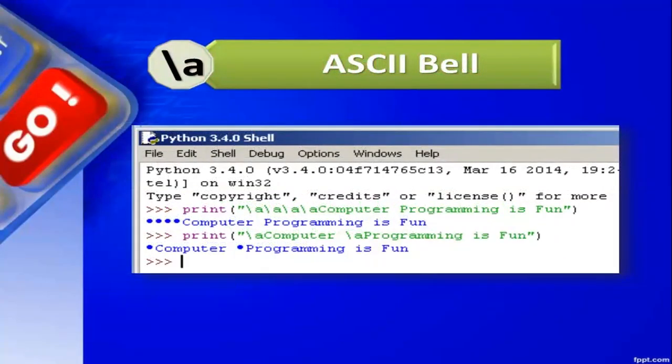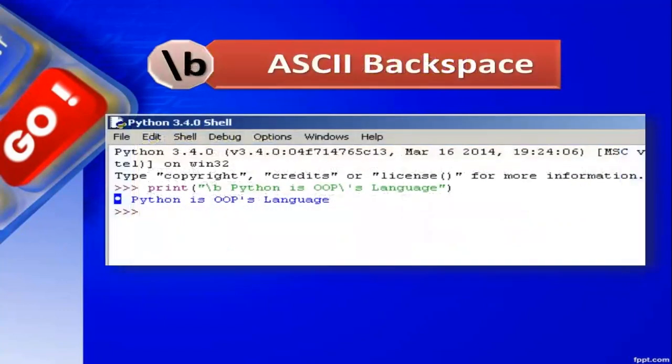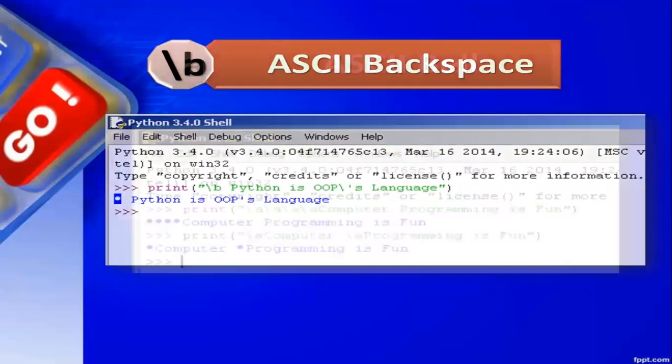What does A do? A is a bell, ASCII bell. So it will put a bell, it will put this bullet over there. So can you see if I have to make a bullet kind of a program, I can use this option, that is escape sequence A. You're going to practice each of these escape sequences in your interpreter mode. ASCII backspace. Now, how will you use ASCII backspace? Can you see? It looks different from this.